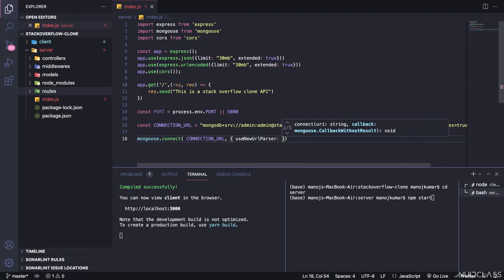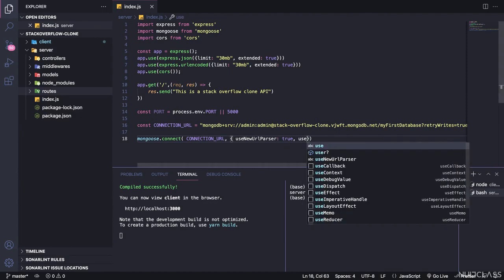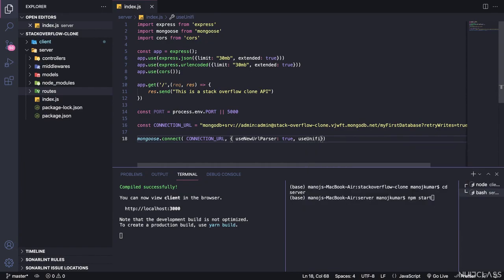So we have told that we're just going to use a URL parser, and then we have to use unifiedTopology, and then it's going to be true. Sorry, there's a typo here as well. useUnifiedTopology is going to be true, and then